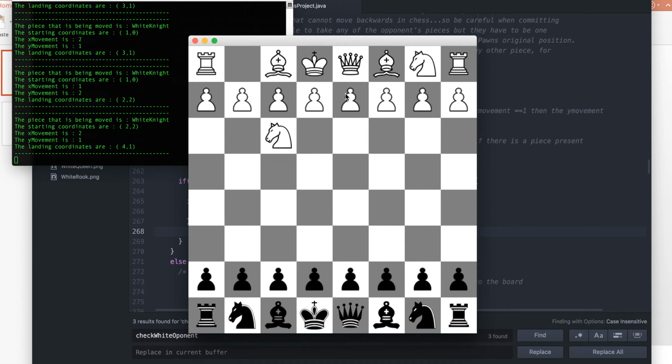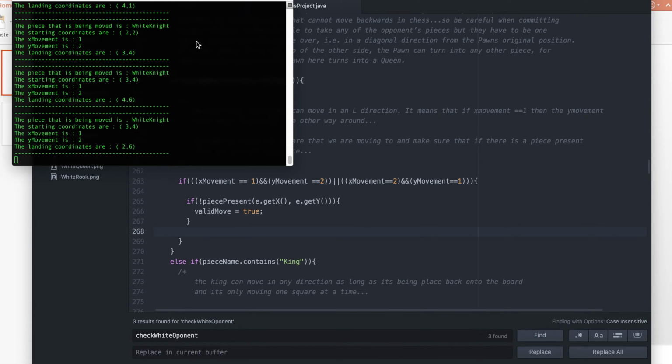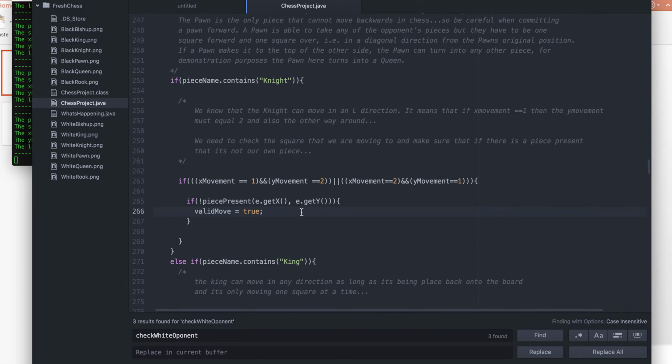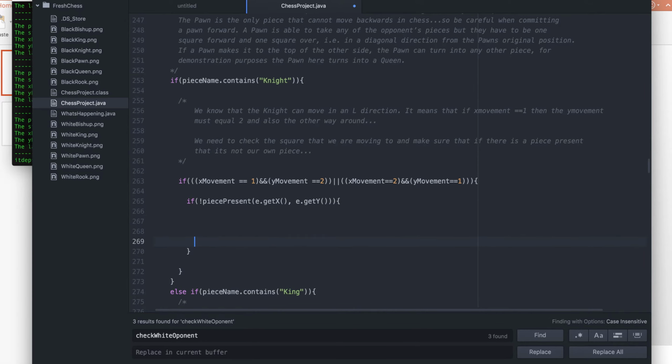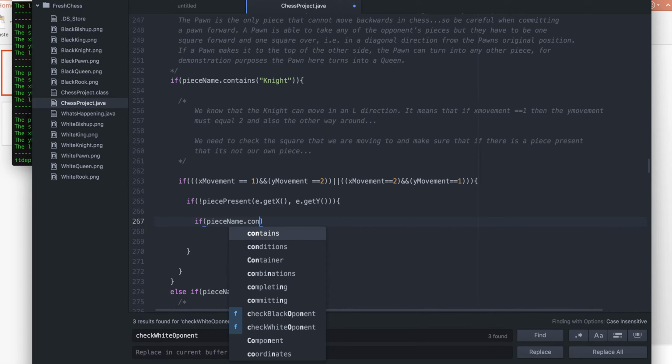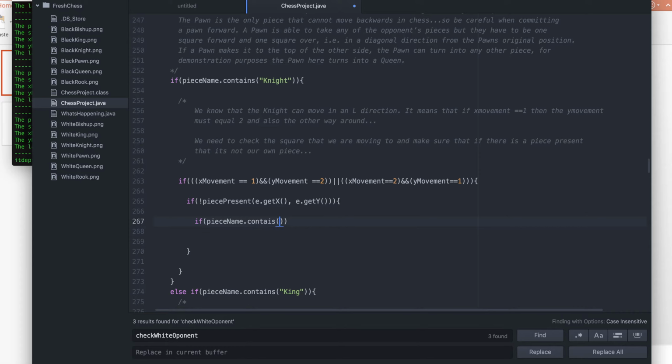Now, I shouldn't be able to take my own piece, however, I should be able to take an enemy piece. And as you can see, I am unable to take the enemy piece. So if we jump back into this little condition here, we now have 2 cases, right? One case if it's a white knight and one case if it's a black knight. So we say here, if piece name dot contains white,